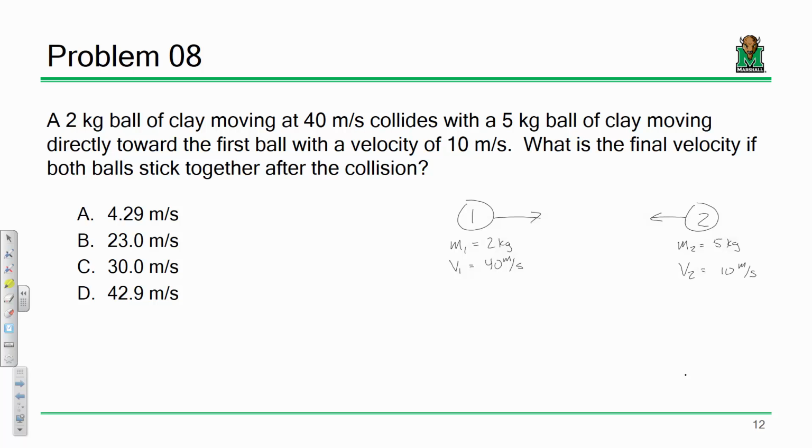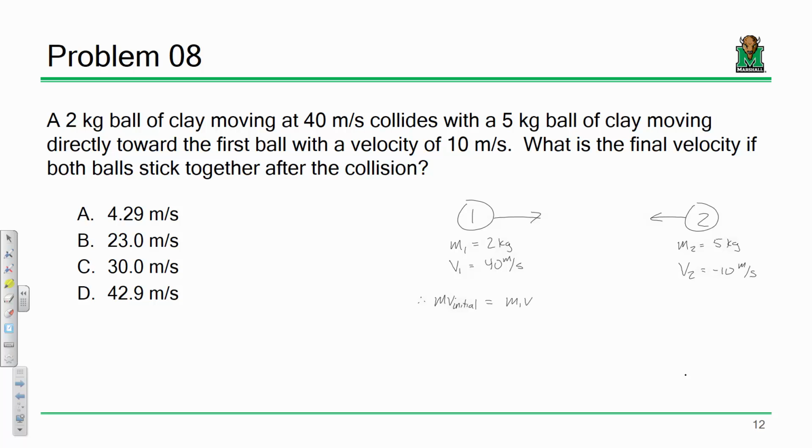Now, here's the thing. They're acting in opposite directions, so you got to pick one to change the sign. So typically what I would do is I would just say anything going to the right is positive, anything going to the left is negative. So we're going to say this has a negative velocity because it's acting in the opposite direction. Okay? So I propose that the total initial momentum